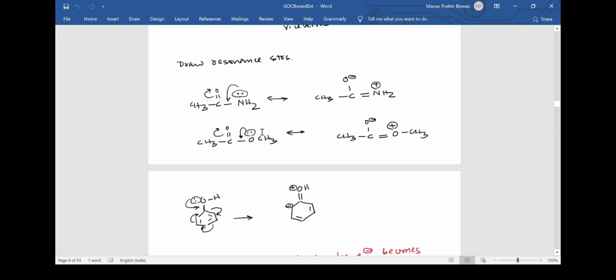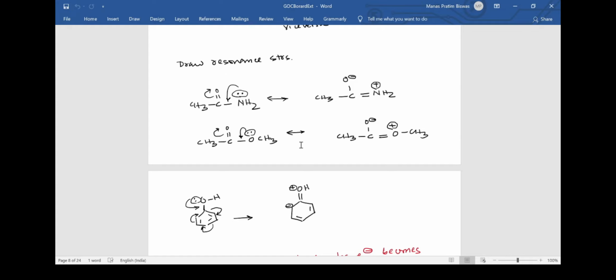We know that the electronegativity of nitrogen is less than that of oxygen. So we can say that nitrogen was not that good a keeper of electrons. That is, it could not keep electrons to itself in that efficient a way. But oxygen was already an efficient keeper of electrons. In the second case, oxygen is transferring its electron to another oxygen, and in the first case, nitrogen is transferring its electron to oxygen.